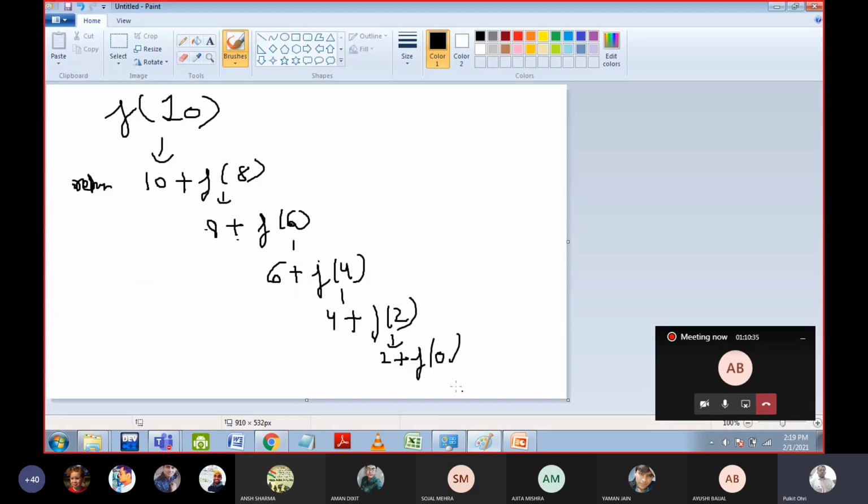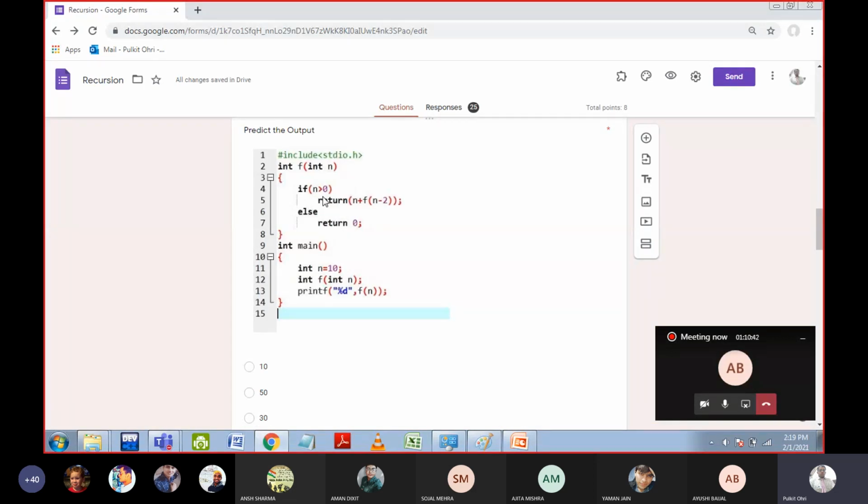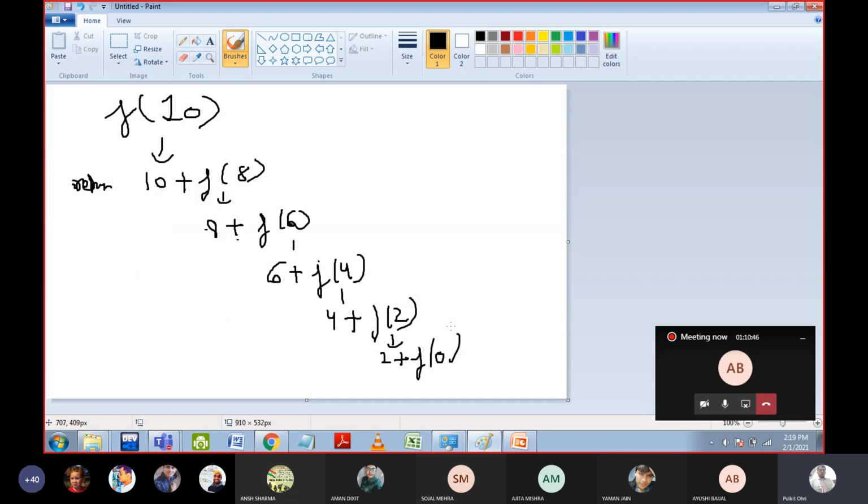When you call the function f with value 0, this if condition will not work because 0 is not greater than 0. The else will work. In the else you have to return 0, which means here instead of f of 0 you will write 0, and with every line a return statement is there.